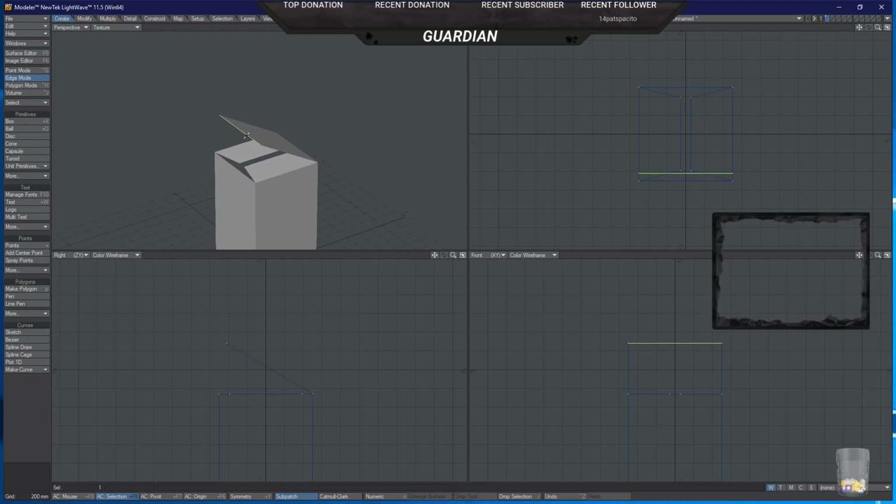Next step is we're actually going to grab this here, and we're going to press E again to extrude, and we are going to extrude downward, like so. Now, what I prefer doing is I would actually like these points here, all 4 of these points here, not that one, all 4 of these, to line up with these